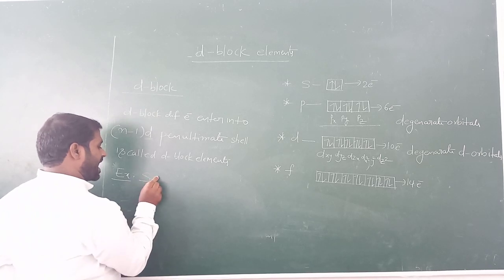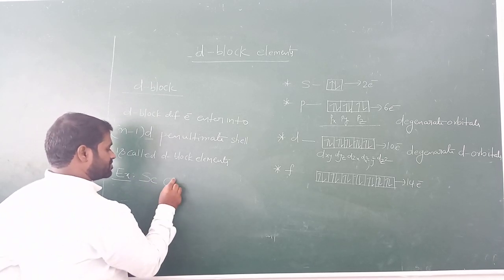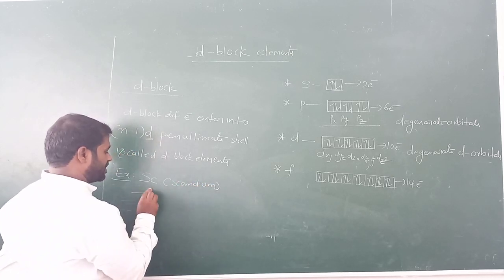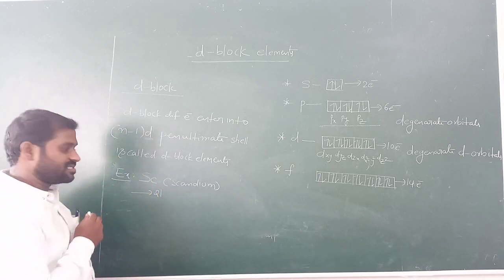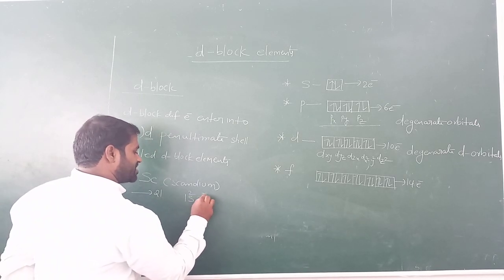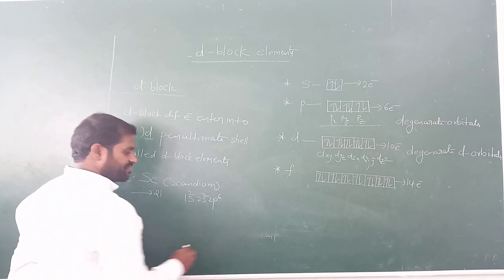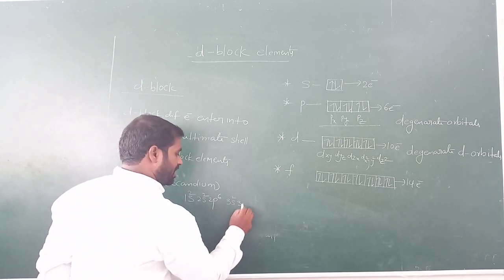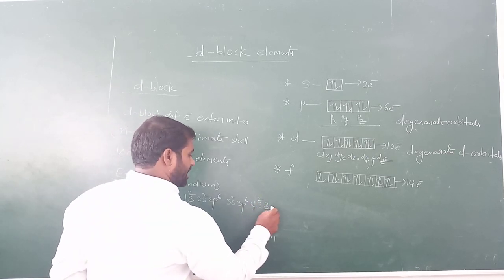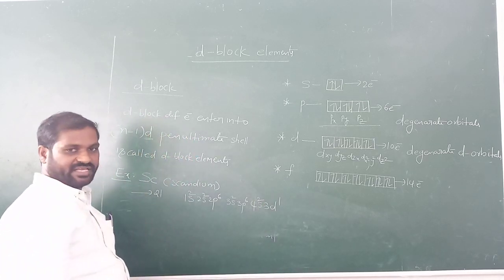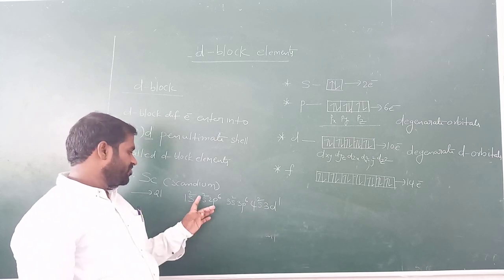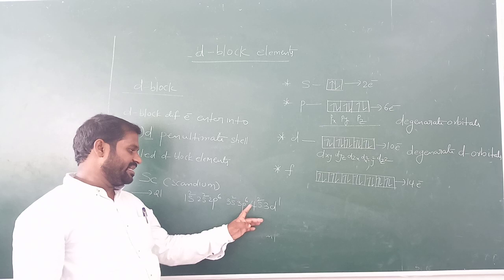Let us take scandium. You know very well. Scandium. What is its atomic number? 21. Now write its electronic configuration: 1s2, 2s2, 2p6. Okay. Then 3s2, 3p6. Okay. 3p6. Next goes to 4s2, 3d1. Am I right? 3d1 actually. 10, 18, 20, 21. Am I right? 4 plus 6, 10. 10 plus 8, 18, 20, 21.